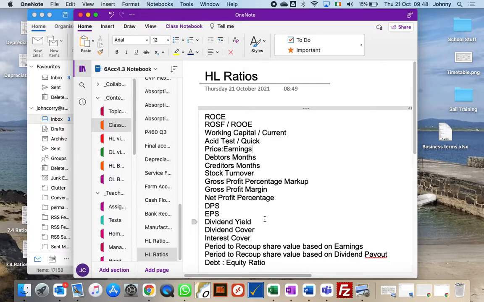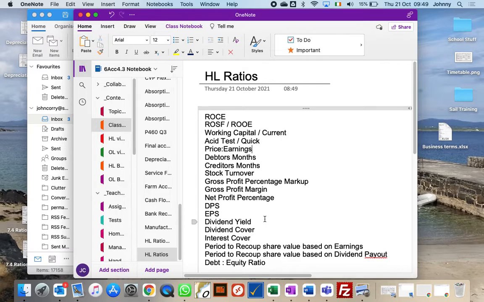Yep? Yep. So, if you compare the two of those, and if there's a big difference between the two of those, well, that means that the strategy of the people running the business, they're trying to retain lots, which is going to be good for the long-term future of the business. The shareholders may not be happy now because we're not getting lots of dividends now, but in the future the business is going to be worth more, and the business is going to be safer. What heading do we put that under? Profitability, liquidity, risk. It's actually more about risk, because it's about the long-term future of the business.